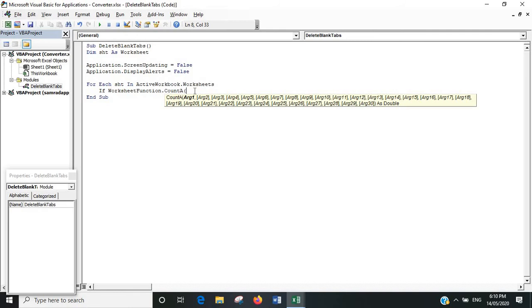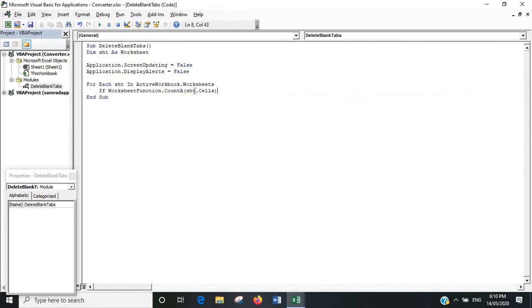Count all of the cells in the sheet, so sht.Cells. And if it counts all of that and gets 0,